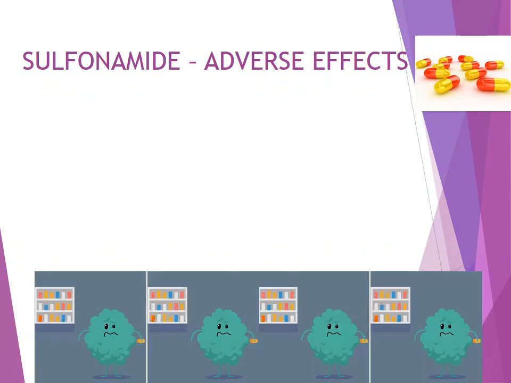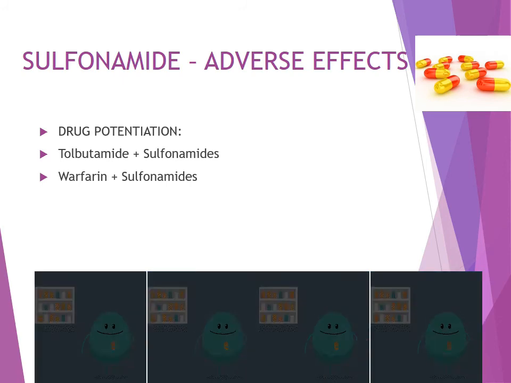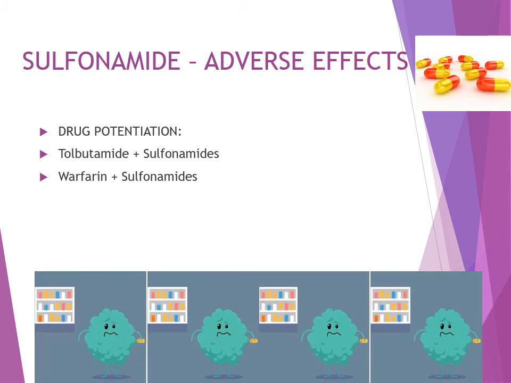Some effects of our sulfonamide. Your sulfonamide can cause drug-drug interactions with other drugs such as tolbutamide and warfarin. Your sulfonamides will enhance the activity of tolbutamide by inhibition from protein binding sites. Pag yung warfarin plus sulfonamides naman, this will enhance the effects of our warfarin. Di ba ang warfarin ginagamit is blood thinning agent siya. Blood thinner. So, pag enhance na yung activity ng warfarin, therefore, prone ngayon yung pasyente sa bleeding.